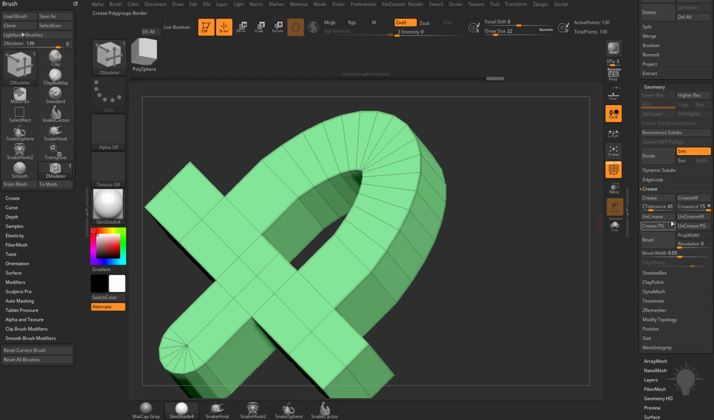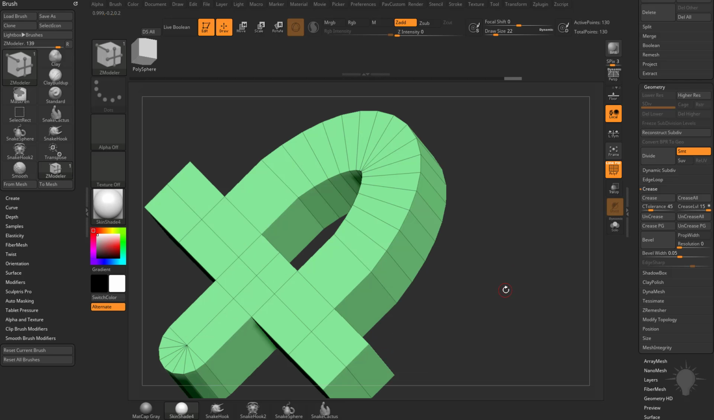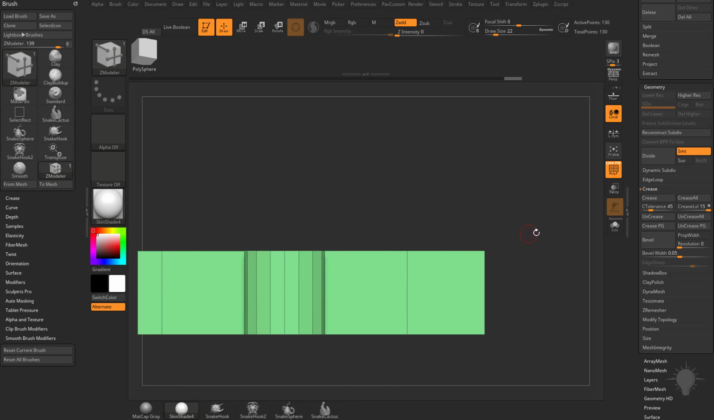Now if I go over here to uncrease all, that's going to remove all the creasing, and now if I hit D, it's just going to average all of these vertices, and then Shift D to come back out of that mode. Now what this crease tolerance is doing is, if I snap my viewport to the right here,